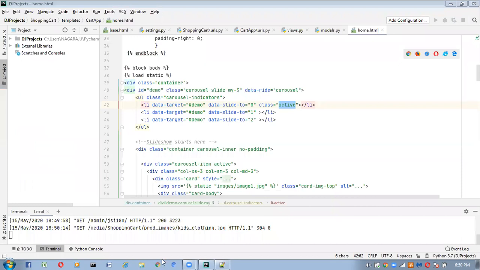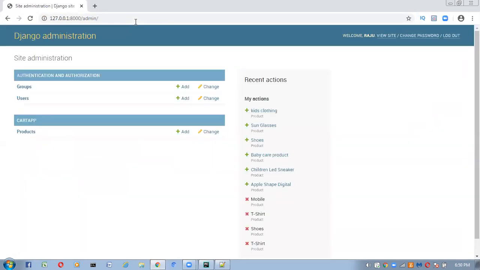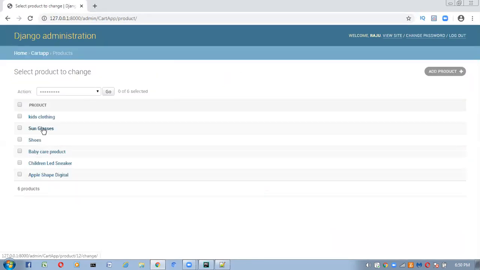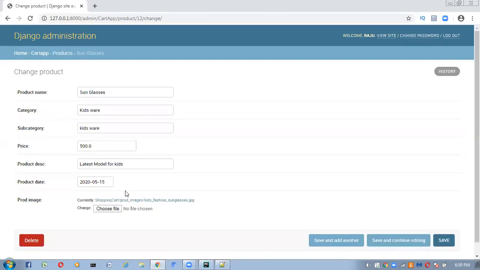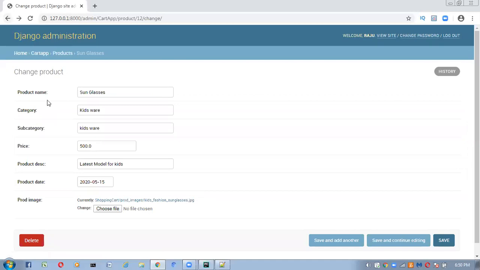Now save, go back. If you click on any other product, you will get like this, and you can see the image. Like that I inserted some products inside my database.